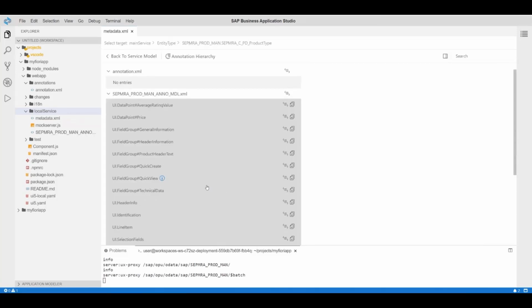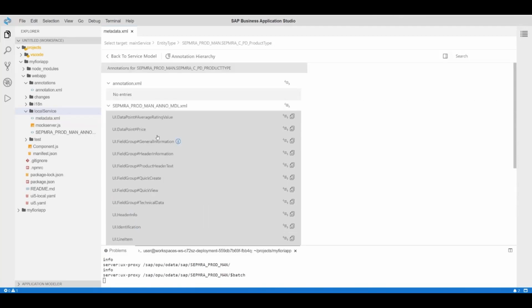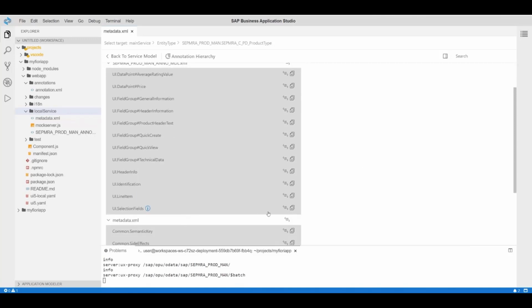And here you can see, for this entity type, all the annotations that are available in my project, in the metadata file, in the backend annotation file, and in the local annotation file. So in the local annotation file, there are currently no annotations at all. And as in this step, I would like to copy an annotation UI selection fields for updating my selection fields in the app. Then I would need to find these annotation selection fields and copy it locally to the local